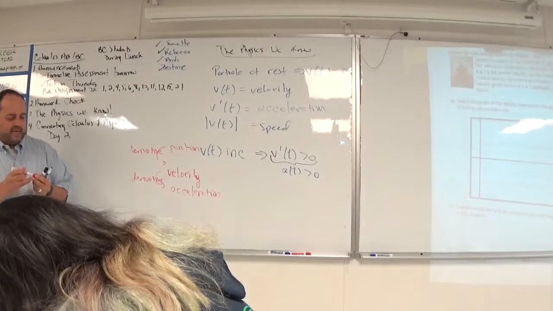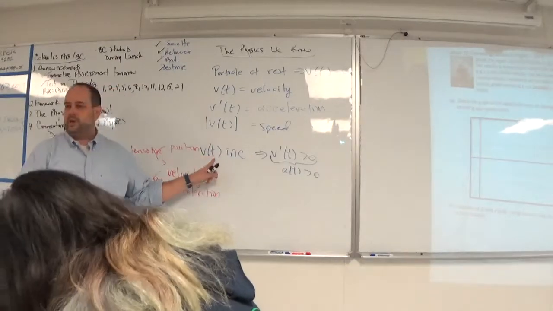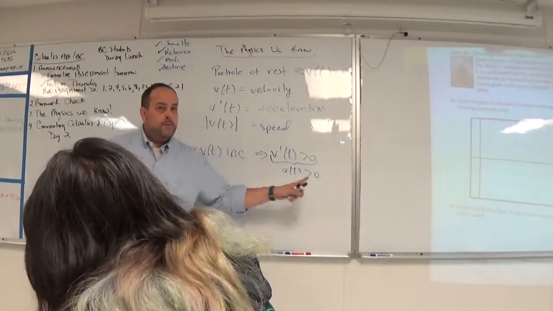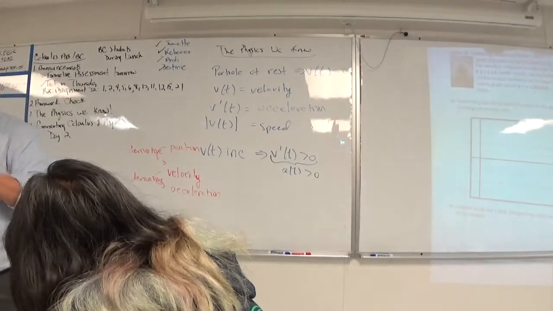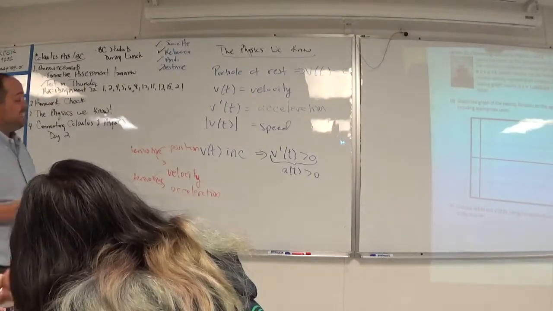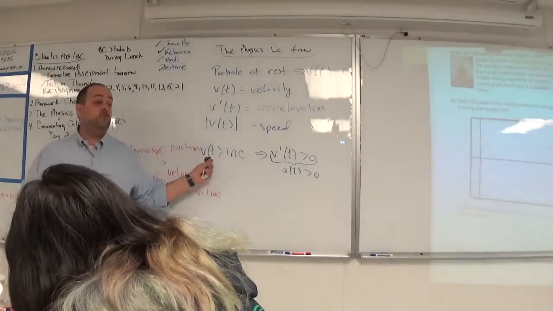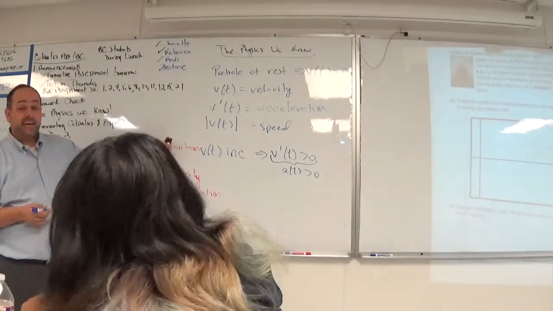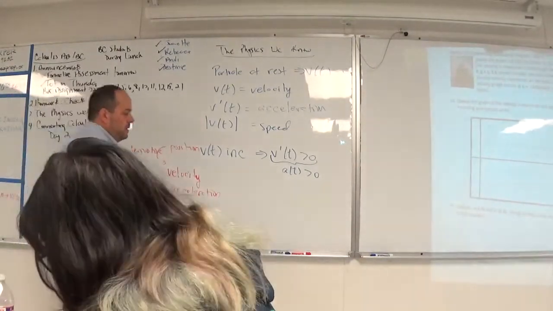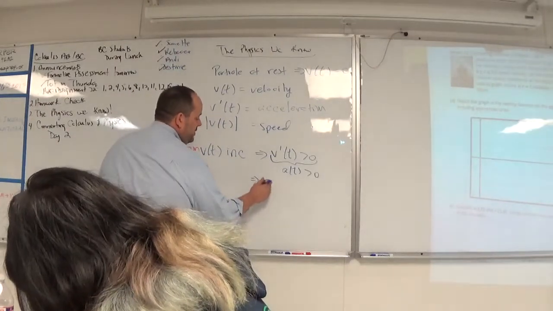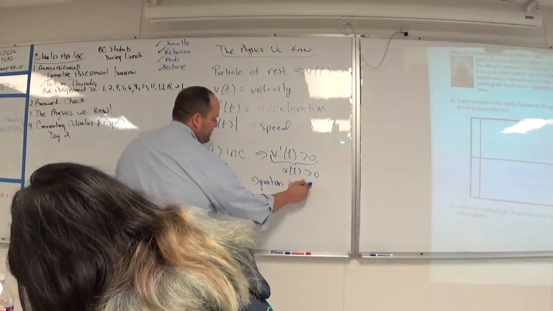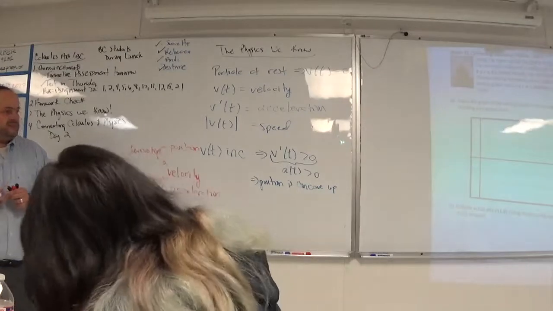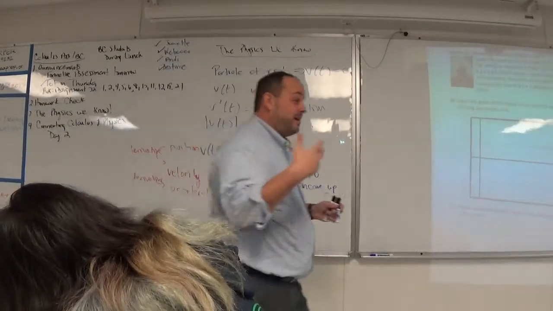So let's come back to this idea that velocity is increasing. Velocity is increasing, that means acceleration is positive. But it also tells you something about position. Velocity is increasing, but position is the antiderivative. Paul, what do you know? The position graph is concave up. These are just some fast facts that I need you to know and be comfortable working with.